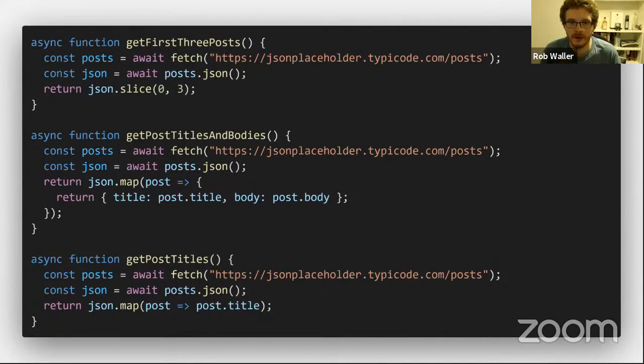And what we're doing here is we've got three methods. And they go and get some post data from the famous place JSONplaceholder.com, and they then manipulate that data. And this is not well isolated code because we're dealing with I/O. We're going to the internet and fetching some data, and then we're retrieving it, and then we're manipulating it in the same place. And doing that makes coding difficult,